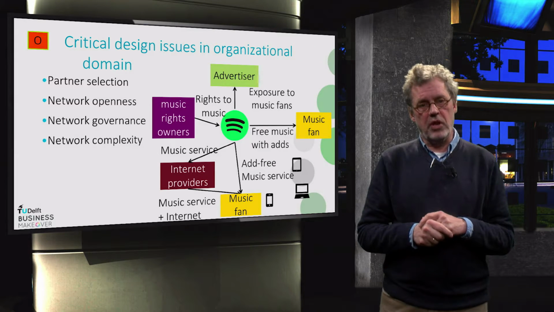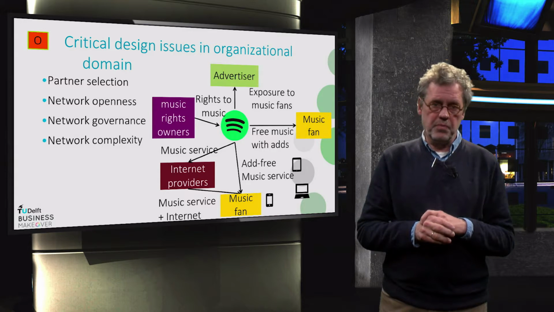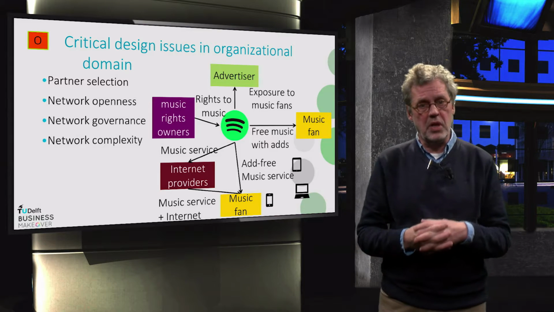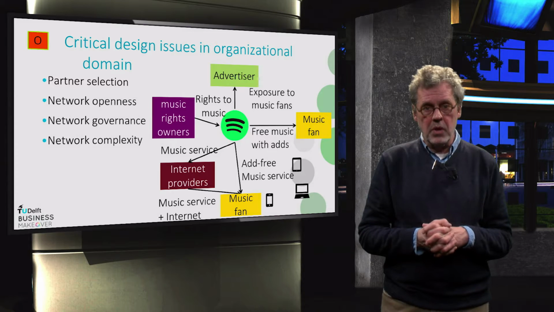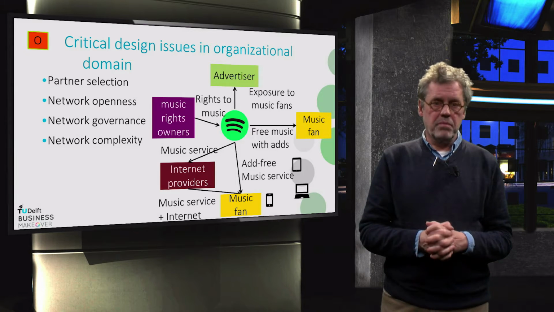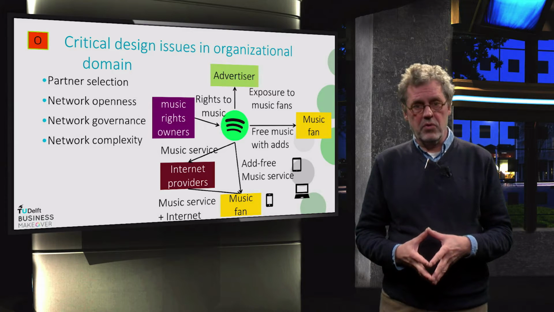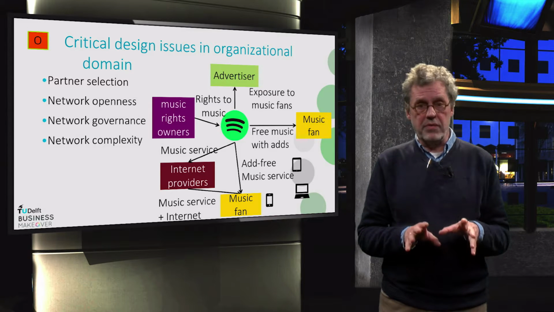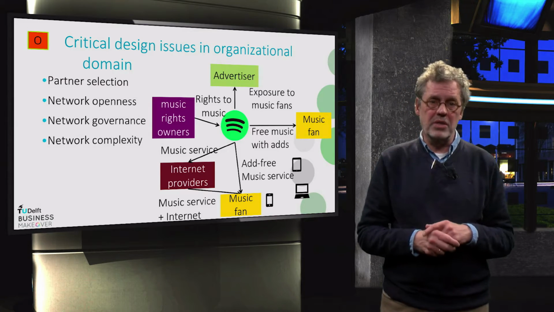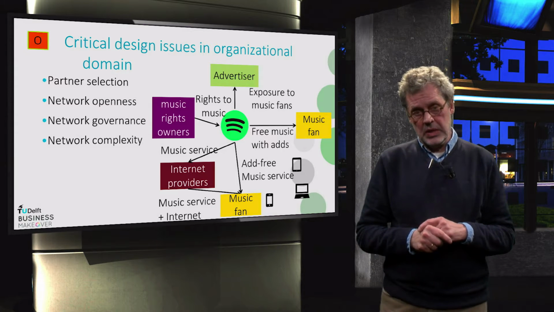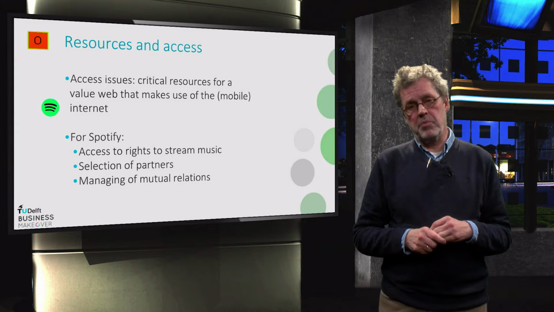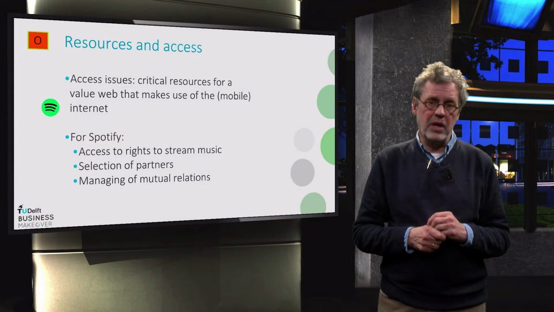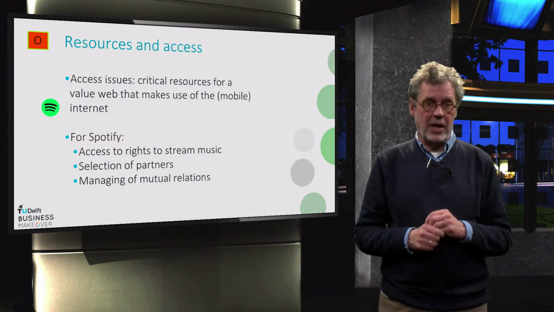Next, we discuss the organizational domain and critical design issues. In our view, in the current digital economy, it's virtually impossible for a company to develop, produce and deliver products and services all by themselves. So companies have to collaborate. Therefore, we talk about networked enterprises to illustrate the dependencies of a core firm on others. This is shown in the simplified figure for Spotify, indicating the key partners and the resources exchanged. The key resources are provided by the networked enterprise. Access to such resources is also a critical design issue, as they are needed to provide the product or service and to let the business model fly.